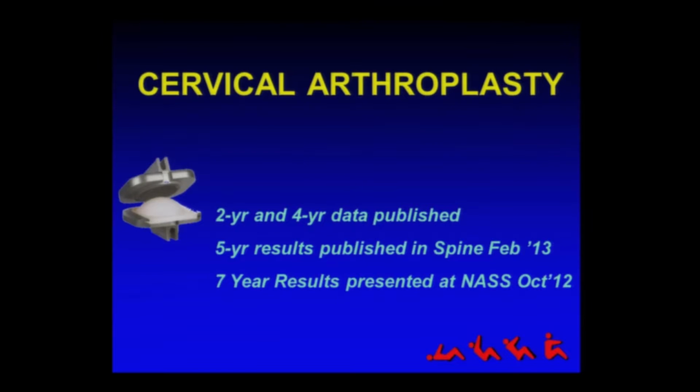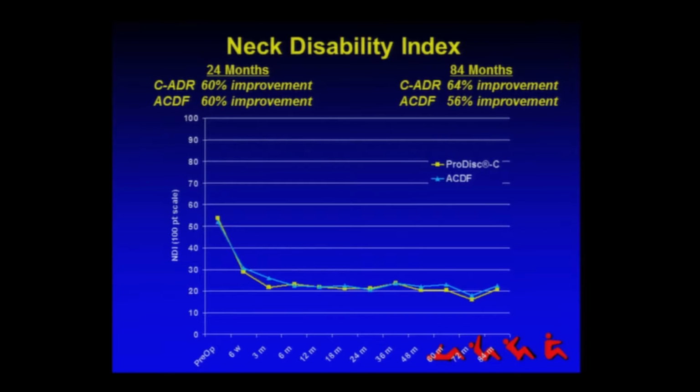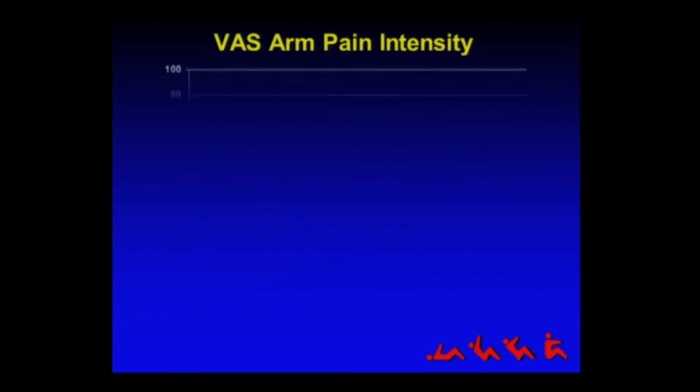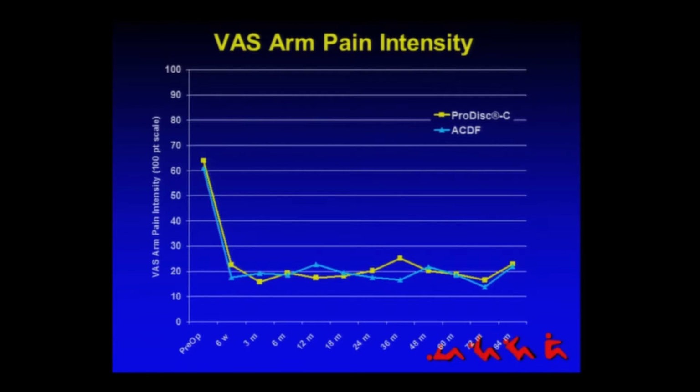We saw similar things looking at an overview of cervical arthroplasty, where again, the data has been analyzed and mined and reported in several different aliquots. You can see the neck disability index, the same thing. These patients had failed a minimum of 6 weeks of radiculopathy on conservative care. Immediately after surgery, their neck disability index fell and was maintained. This is out to 7 years. Their VAS for arm pain, which is what drives them to our office in the first place, also fell significantly.